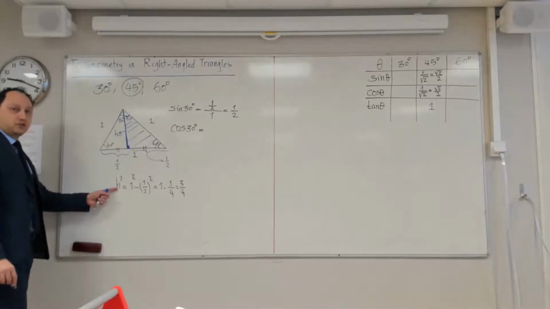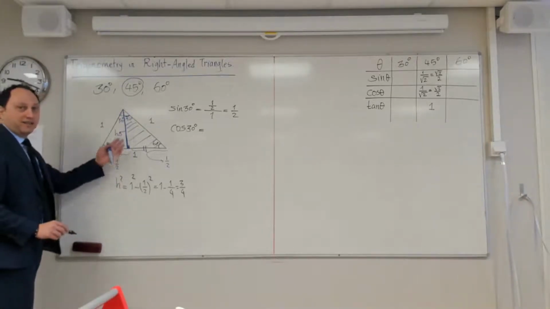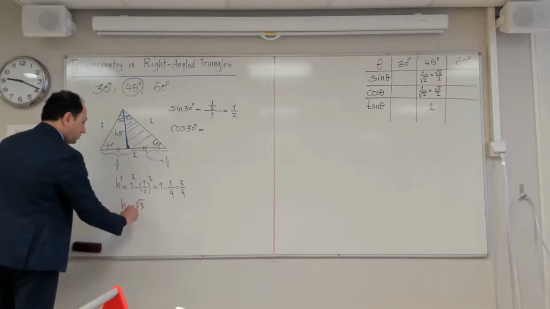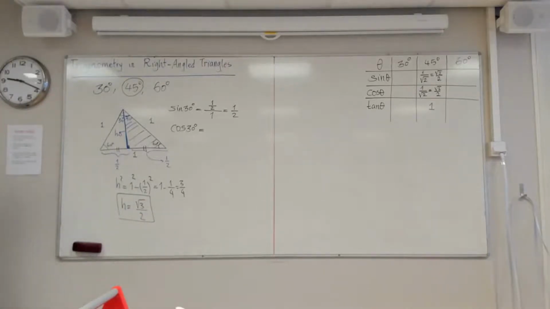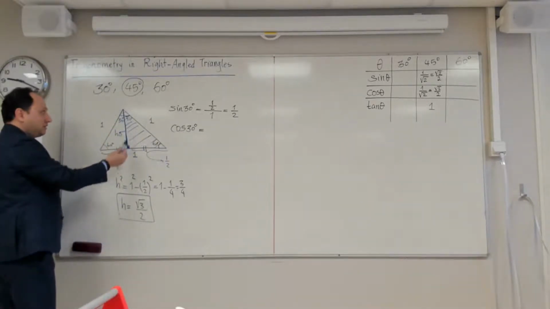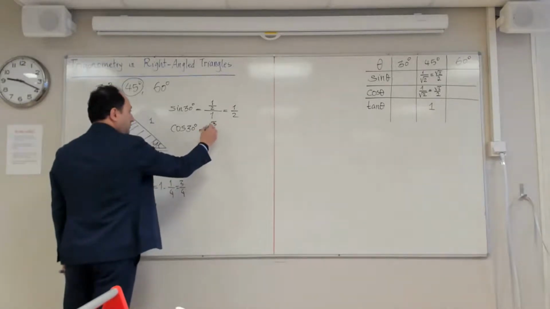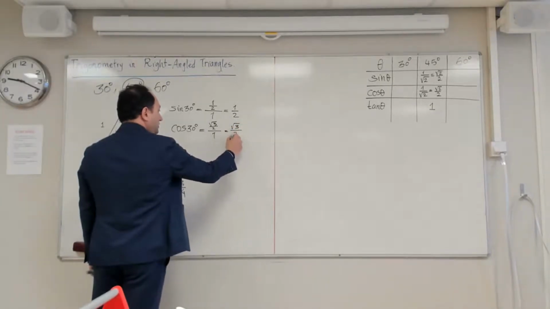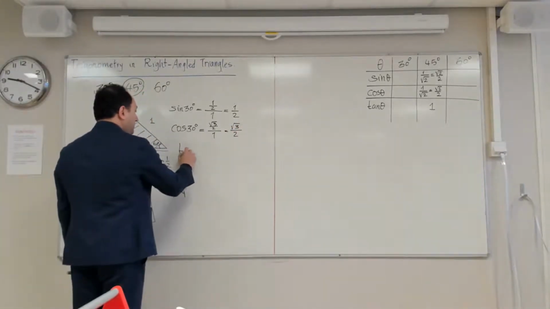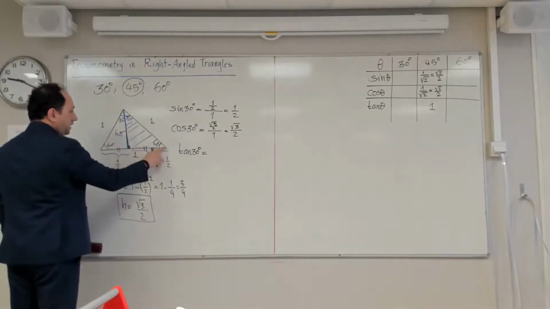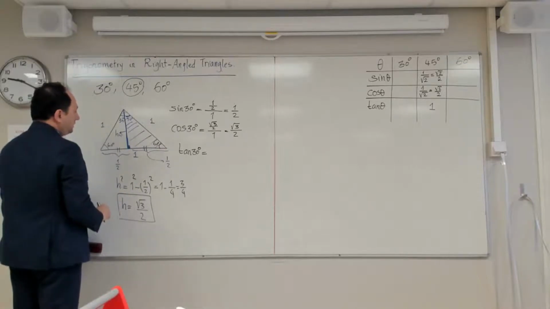But I am looking for h. And I know that h is the height and it is positive, so I don't need to put plus and minus. I take square root of 3, I take square root of 4, which becomes 2. So h is the square root of 3 over 2. So cosine of 30 is the adjacent side, which is h, divided by the hypotenuse. So it becomes square root of 3 over 2 divided by 1, which is square root of 3 over 2. And then tangent of 30 is equal to the opposite side, which is 1/2 divided by,